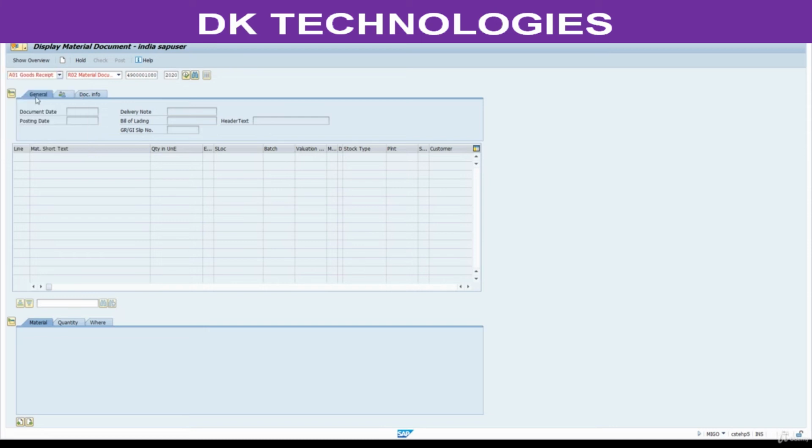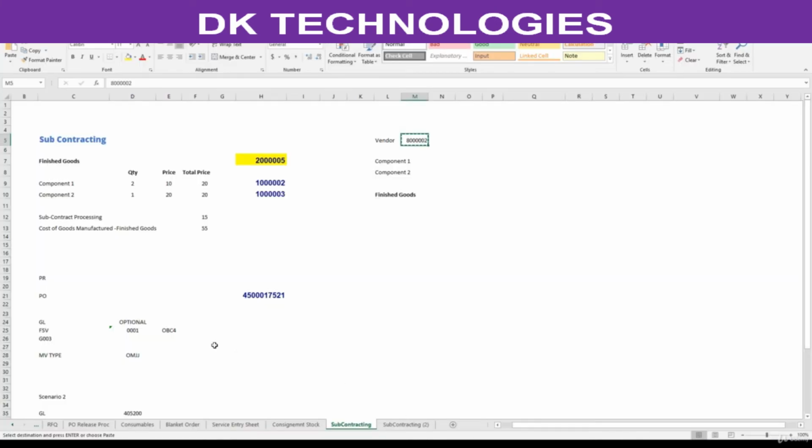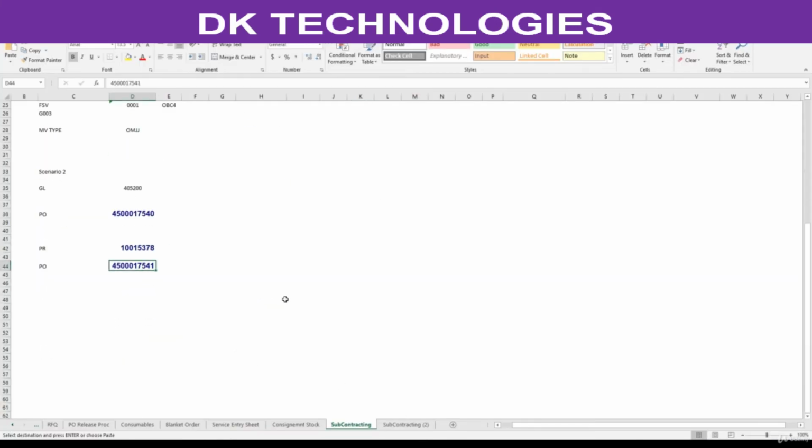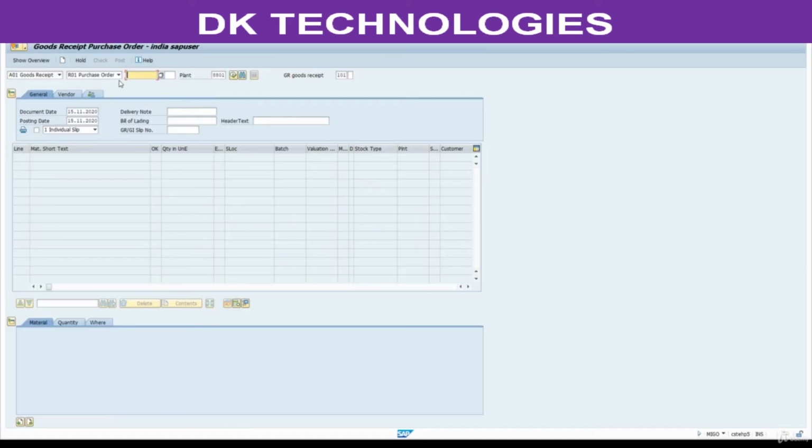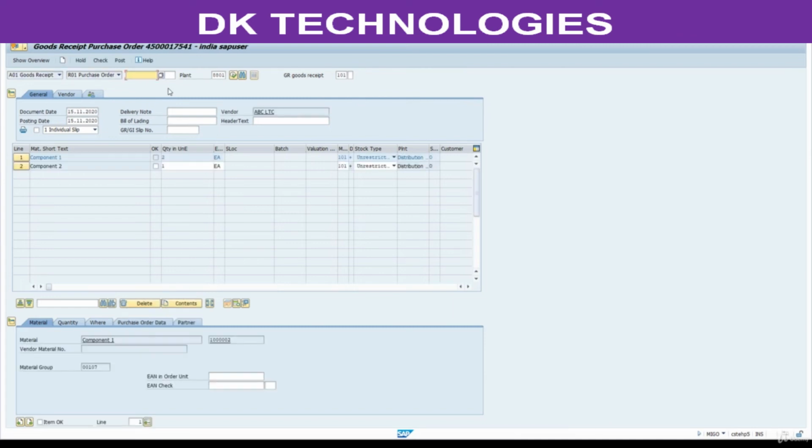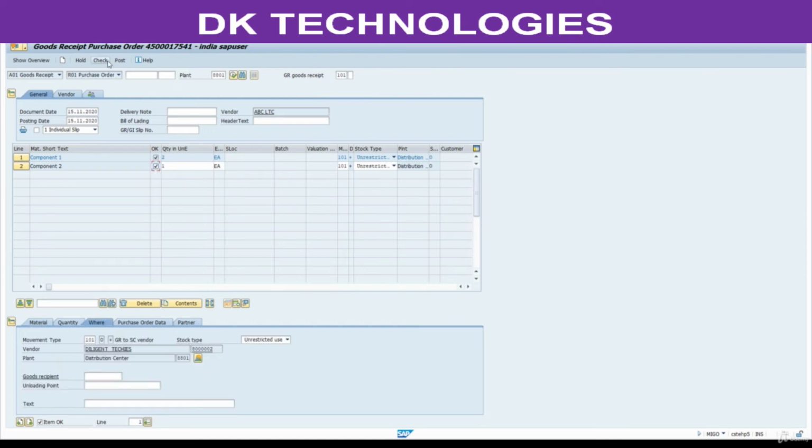Here select goods receipt. Copy this component PO. Press enter. Select this. Select this. Check for consistency. See, document is okay.